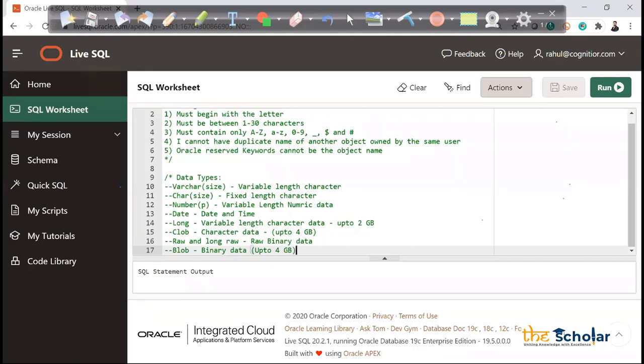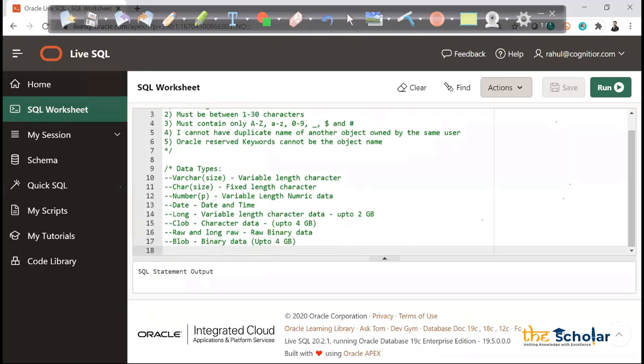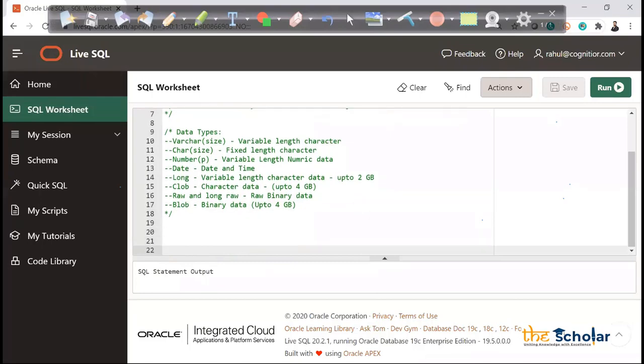So we normally do this type of storage. But again, from a data science point of view, we are going to deal with everything using Python and all those things. It is just for us to store the structured data, which is more into the characters and the numbers. So that is what we are going to talk about here.